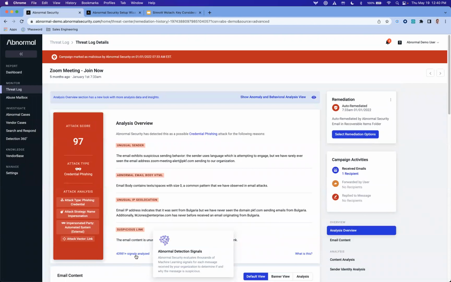But the core concept here and the key differentiation with Abnormal is that, in this particular scenario, it is looking at 44,000 unique signals to come down with a verdict that says, without a doubt, this is a credential phishing attempt. We're going to give it an attack score of 97 or above, but we also recommend auto remediation. Pull the message away from the inbox, place it somewhere safe that we don't necessarily allow the user to see, and it proactively eliminates the probability of the user opening the message, clicking on a link, or even opening an attachment, something that may raise a risk or a potential threat to the organization moving forward, right?